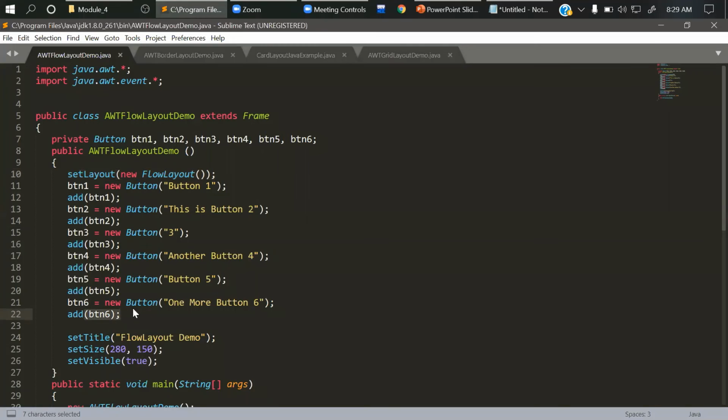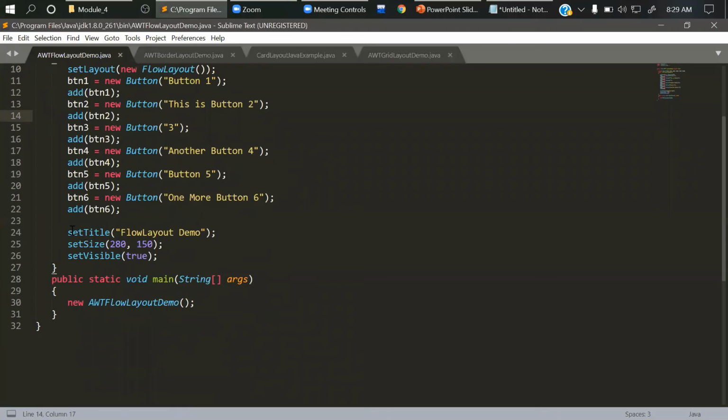Even if I create objects of button 1, 2, 3, 4, 5, 6, and then while adding into the container I go in the reverse order, then 6 will be displayed first, then 5, then 4, and so on. So the creation is not important; the way you add it into the container will be the sequence of displaying the components on the output screen or on the window.